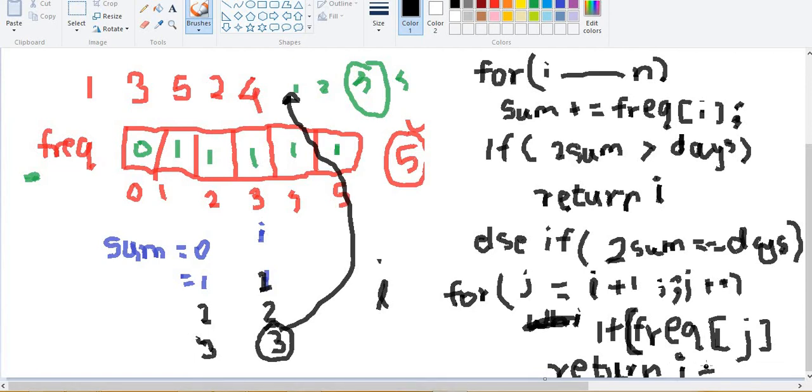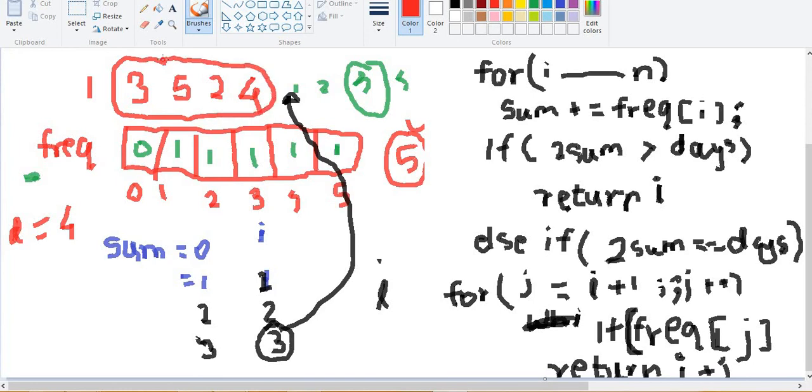So let me show you the same example for the even condition. So let's say what we were given is 4. For simplicity, let's say now d is 4, and we need to find the median for this. And let's take another example as well. Let's say that we have checked for this condition, and we are at this element. We need to check for these elements.